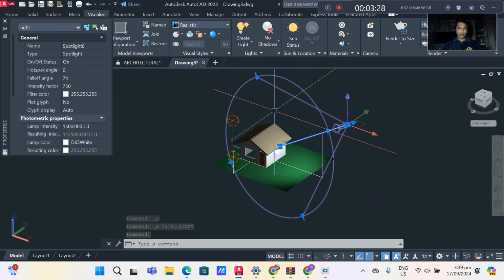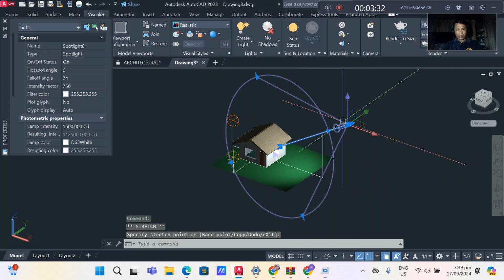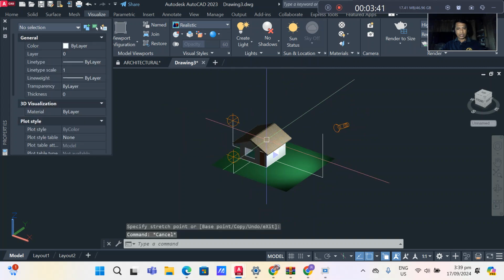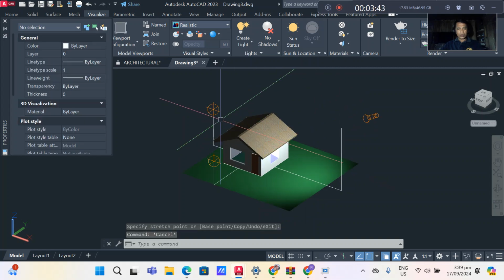So for this example, okay now with the distance, and then escape so that you can choose another bulb.